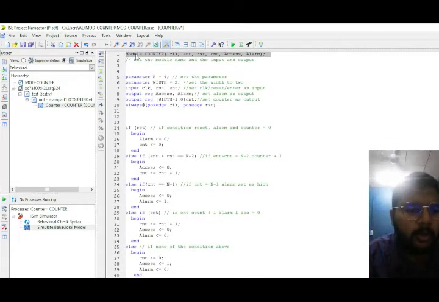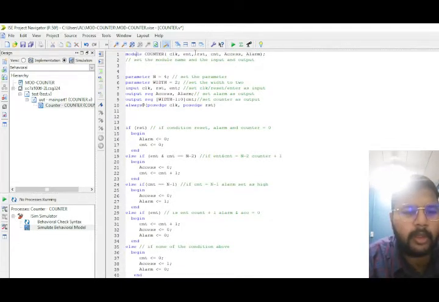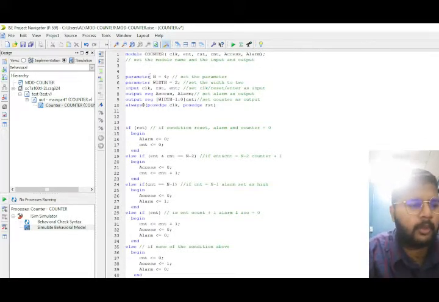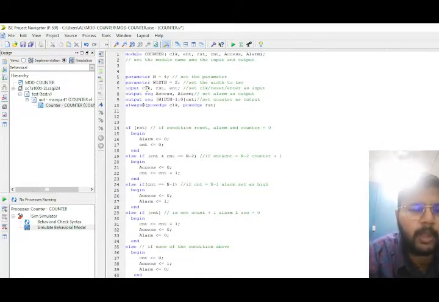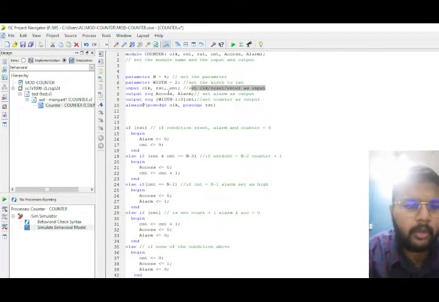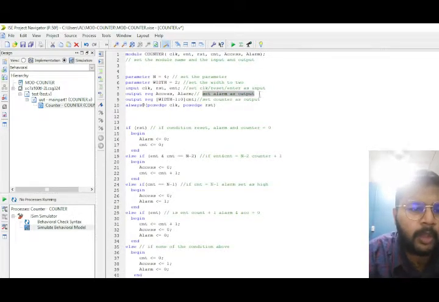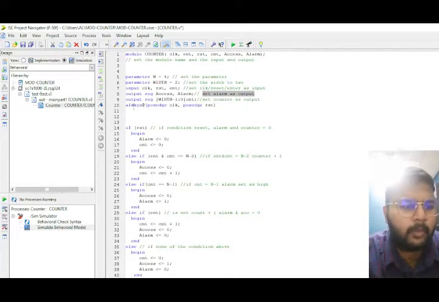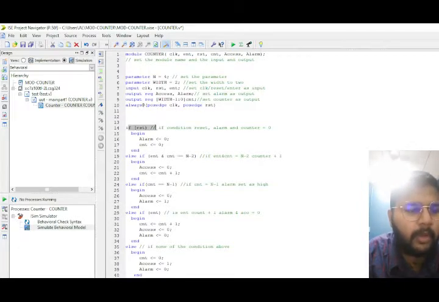As a start, in the brackets we can see clock, enter, reset, count, access, alarm as inputs and outputs. Parameter n equals 4, which lets us know that three wrong attempts make the alarm turn on. From here, we can see clock, reset, enter are inputs, and access, alarm and count are outputs. Assignment is the event of changing the value of either a variable or net